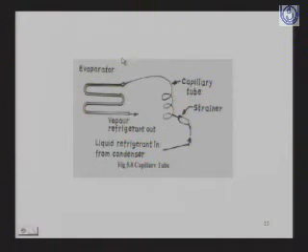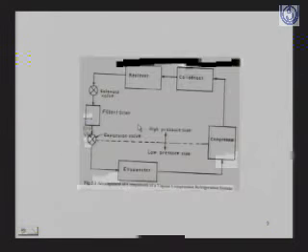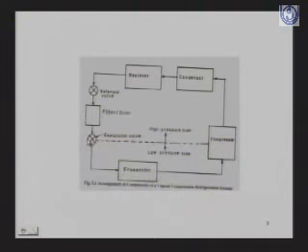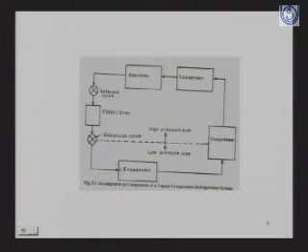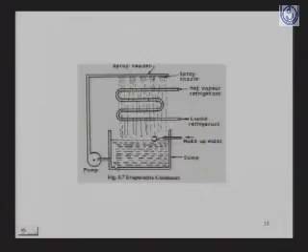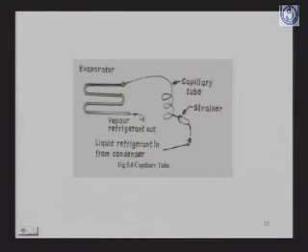In the expansion device, there are three types of expansion devices. The first one is the capillary tube. If you recall the first diagram we mentioned, this is the expansion device. Its one end is towards the receiver and the second end is towards the evaporator. And in this also, the capillary device is placed here. Its one end is the vapor refrigerant out, and this is the liquid refrigerant from the condenser. In between, the expansion device is placed. So this is the capillary type of